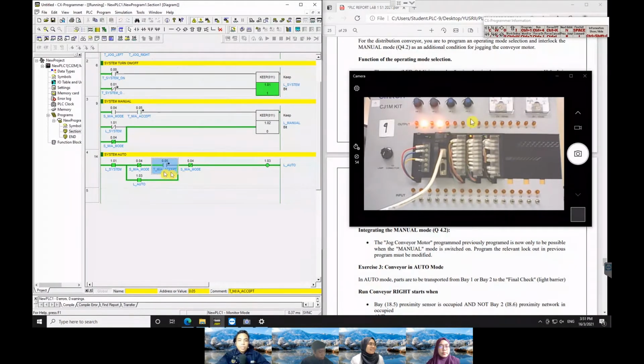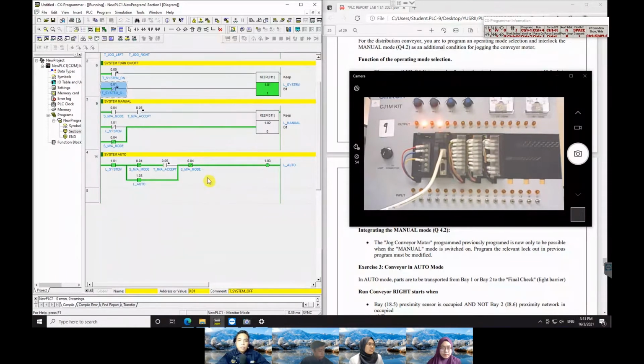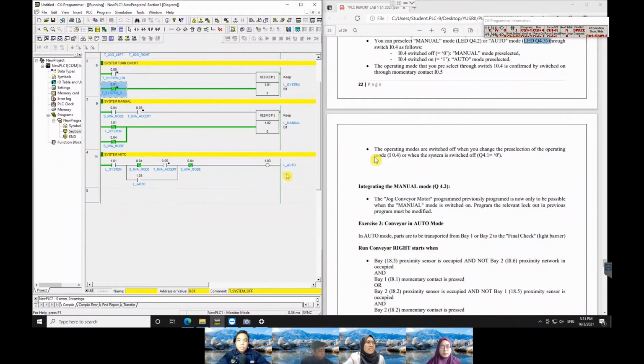Alright, so we push button this, and then the lamp at auto is on. Okay, so we close the system auto, we force, and then we off. Okay, all system is turned off. Okay, right. So and then we next to the next point is the operating mode are switched off when you change the pre-selection of the operating mode input 0.4, or when the system